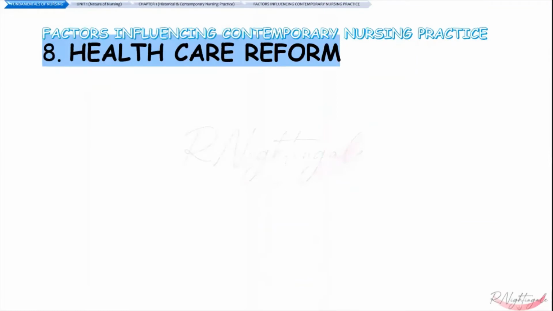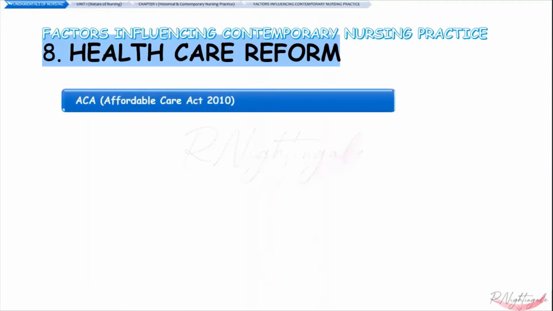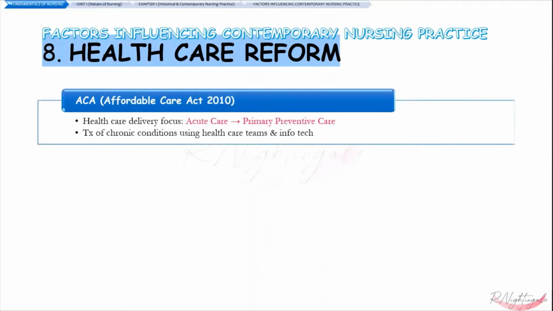The eighth factor focuses on healthcare reform. With the passage of the Affordable Care Act or ACA in 2010, healthcare reform was on a fast track. Transformation in healthcare delivery and financing systems accelerated in 2014 when major provisions of the legislation were implemented. Healthcare delivery's focus has shifted from acute care to primary preventive care and treatment of chronic conditions using healthcare teams